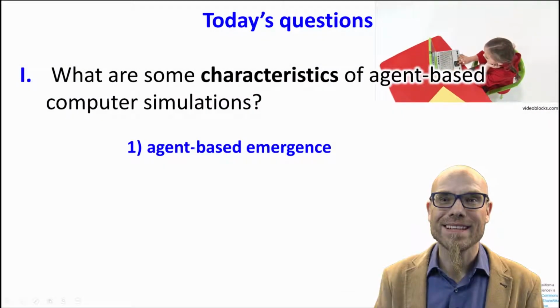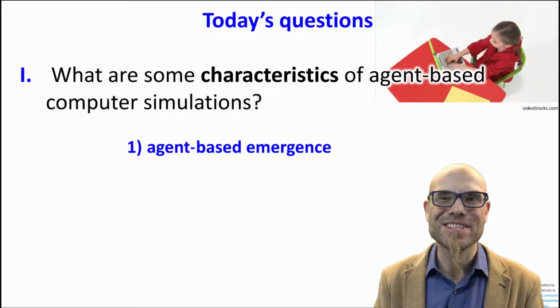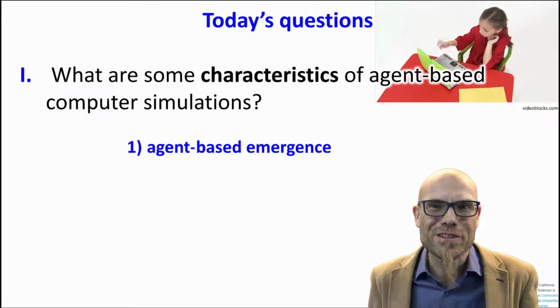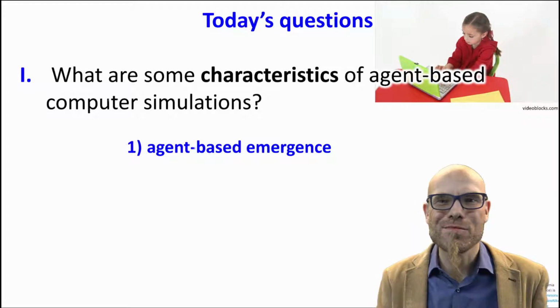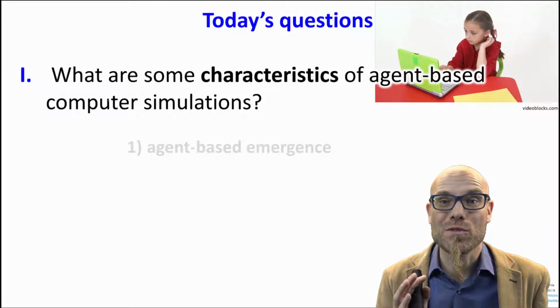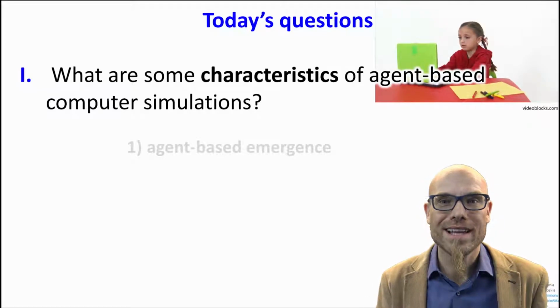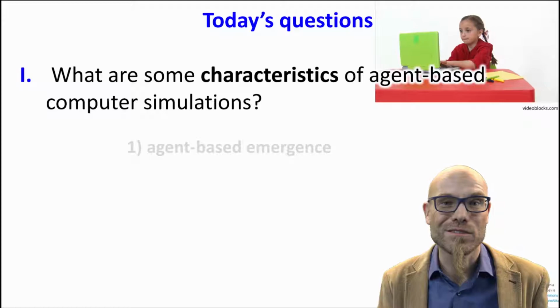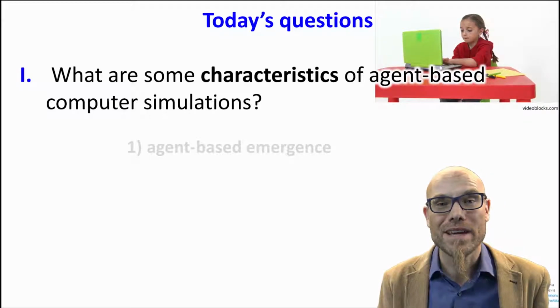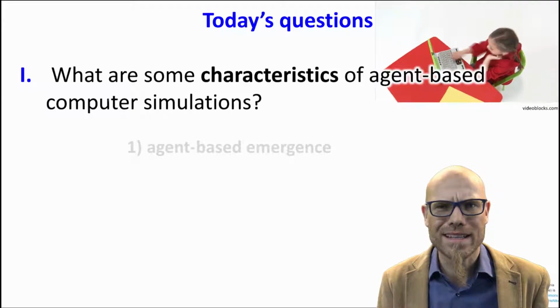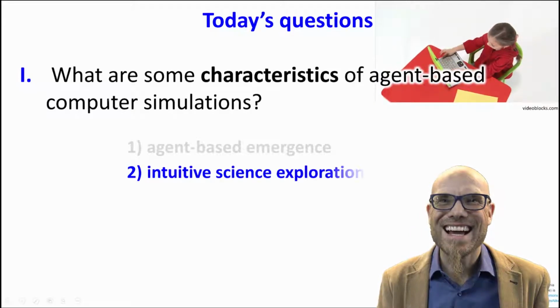All right, so that takes care of our first point, the agent-based emergence. As you probably already have noticed, emergence is one of my favorite topics. So there would be a lot more to say about that, and a lot more to say about what we don't understand about it. But as I hope I showed, that's actually what social scientists are really interested in at the end. That makes society what it is, a society, an emergent phenomenon. All right. Let's move on to the next one.